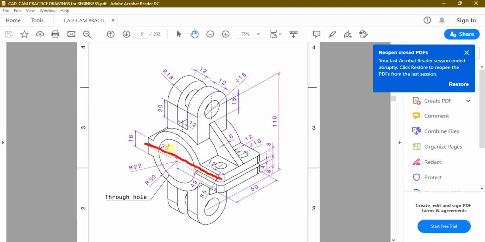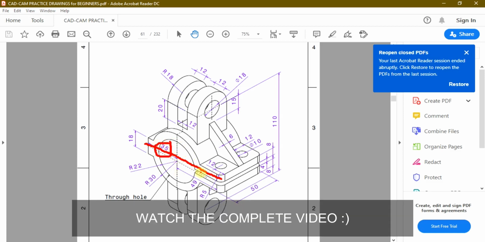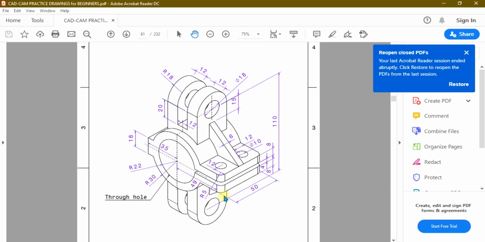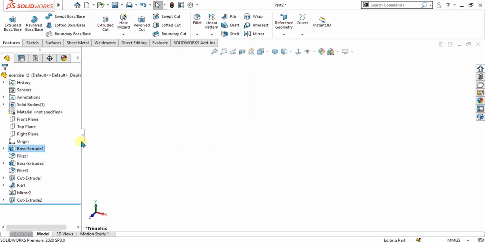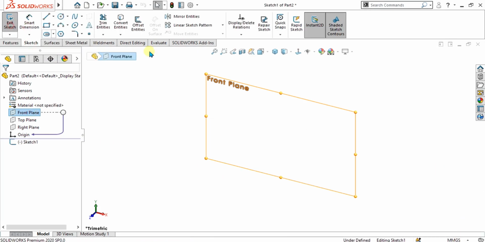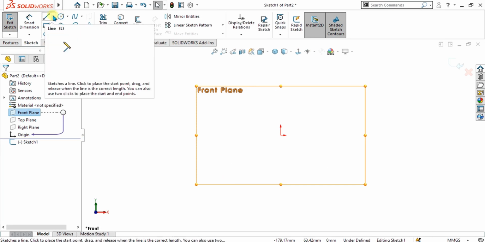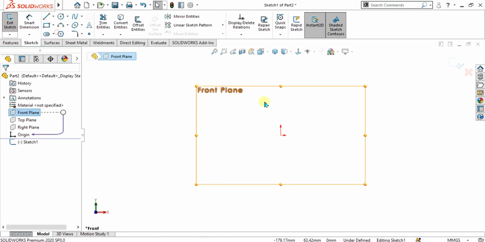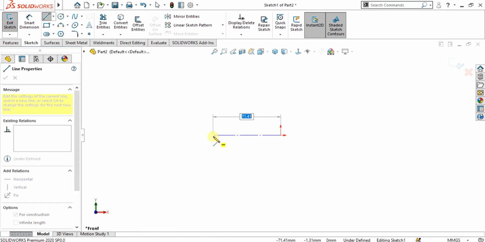As you can see, the dimension of the center line is a total length of 35 plus 49 plus radius 5. So first of all, just simply go to the front plane, select the millimeter system from here, and go to sketch. Just simply make the center line, and in this just simply type the dimension